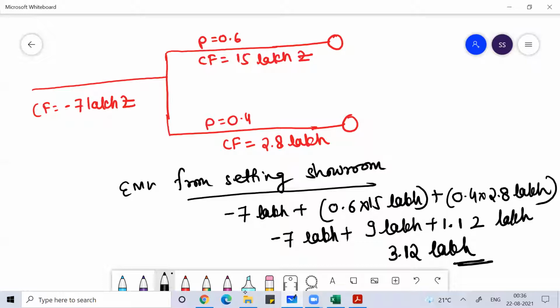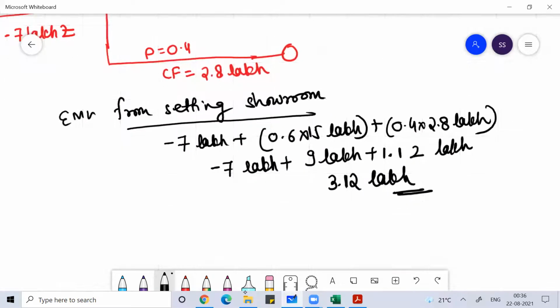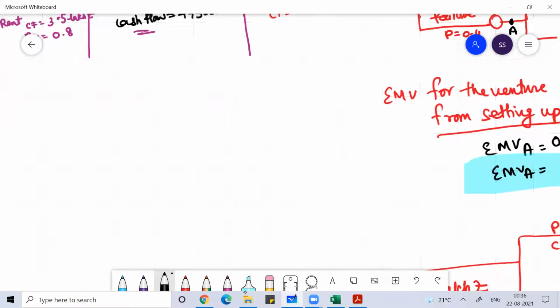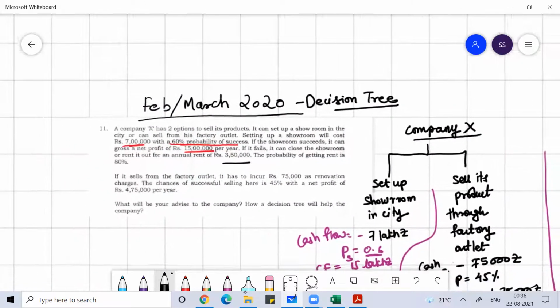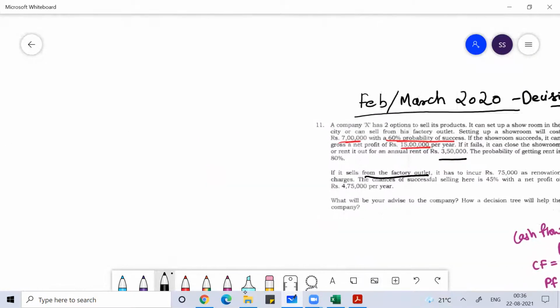Okay, so this you understood, right? Then I look, so economic value from setting showroom in the city is 3.12 lakh. And then if I talk about the other option, if you sell through factory outlet, option B,